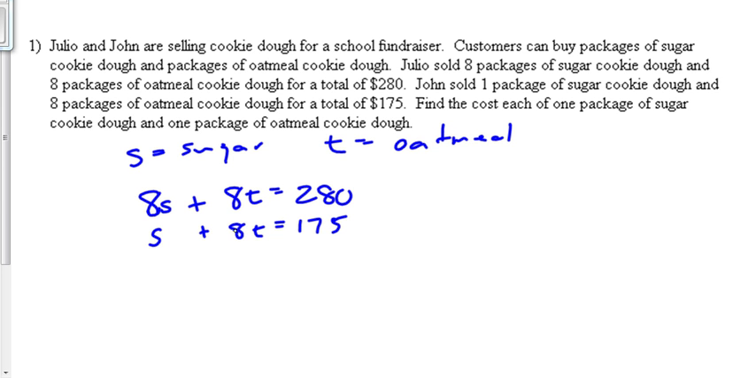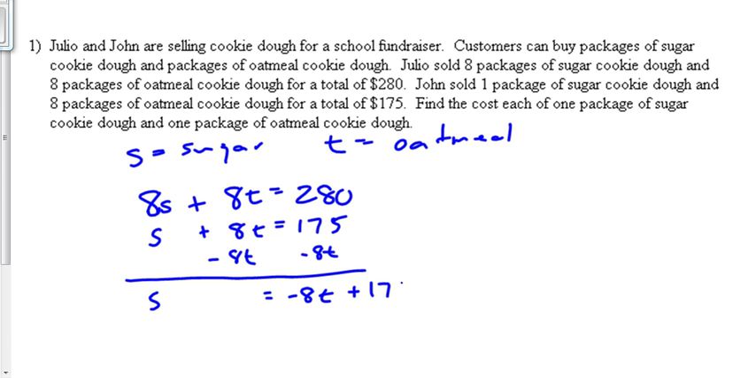I could use elimination. I would have to multiply either the top or bottom equation by -1 so I could get these two to be opposites. But like I said, since this one's already set up, ready to go, and I'm trying to find how much 1 package costs, I can get this equal to S pretty quick here. So let's just go ahead and subtract 8T on both sides. So in this instance, I'm going to do the substitution method. So S is then equal to